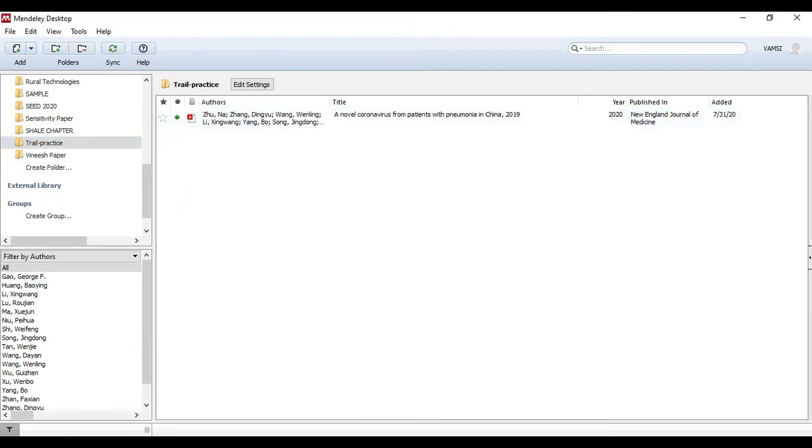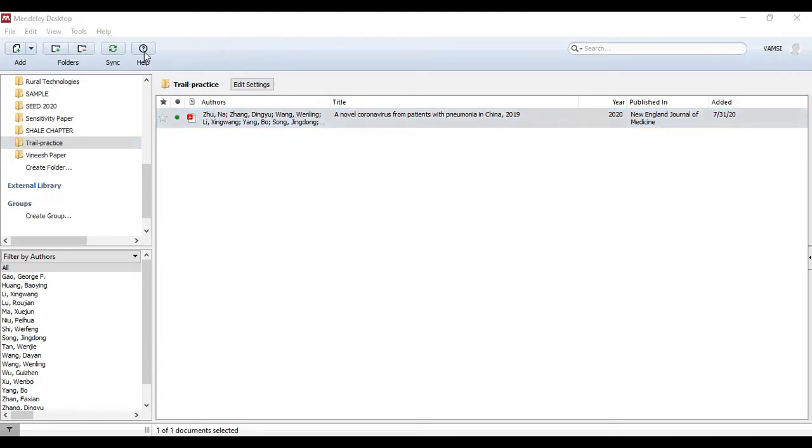Now what I need to do is open my Word document, where my manuscript is. Suppose you want to place that reference over here after requirements. In that case, just click there, then go to References, go to Insert Citation. If you look here, go to Mendeley. Now you click on that paper which has been uploaded, and go for Cite.